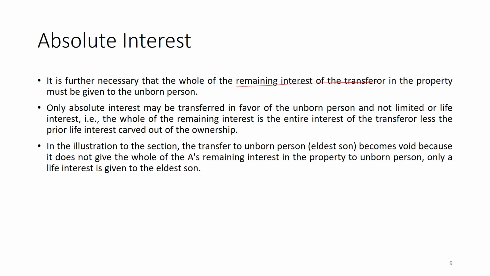Because the whole property was in the form of trust, and the life interest was also in continuation in the form of trust. So, when it went to the younger son, that was also in the form of trust, and then it was going to be divested to the unborn person, and that was in the trust form. So, in the trust form it will not divest to the unborn person, and in that way it was completely void.